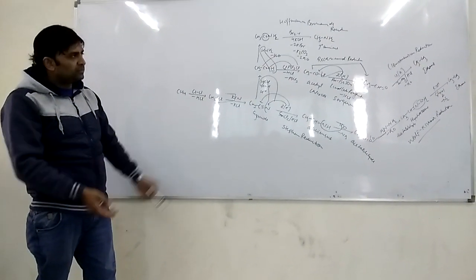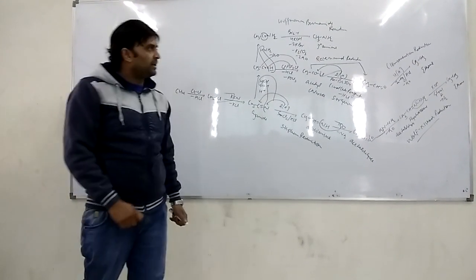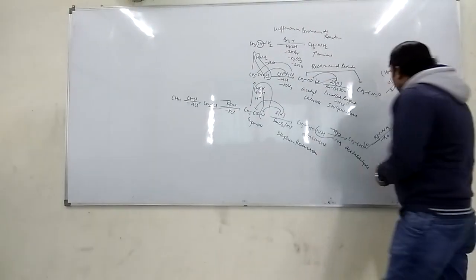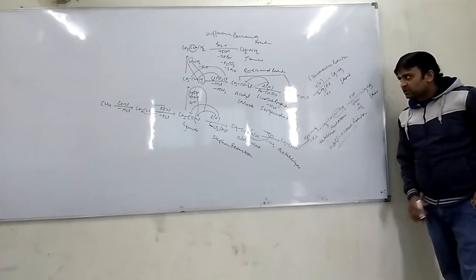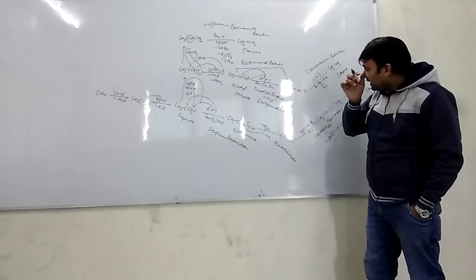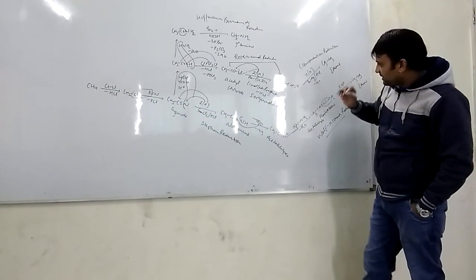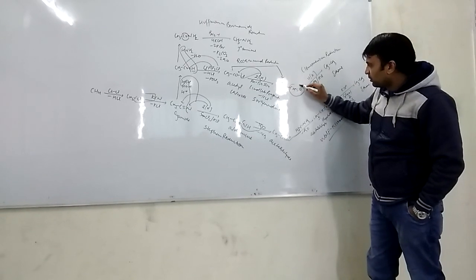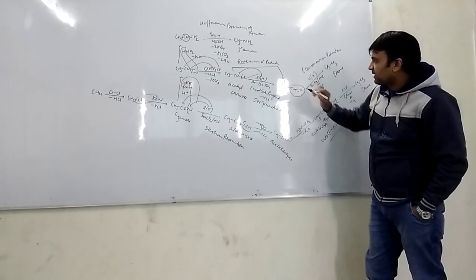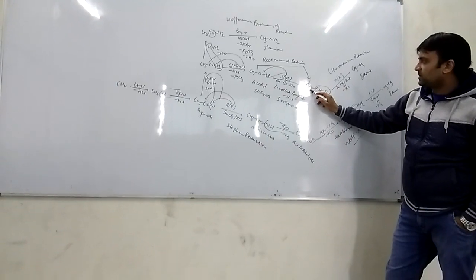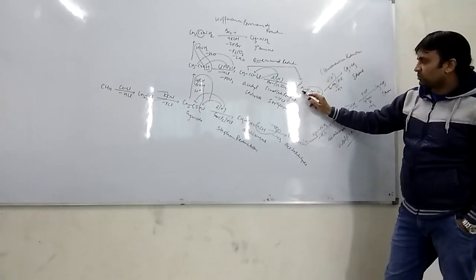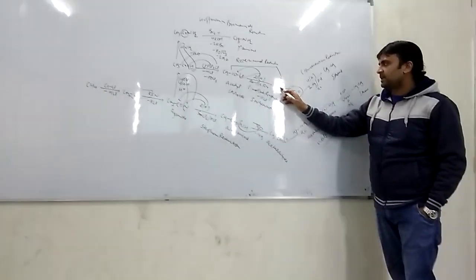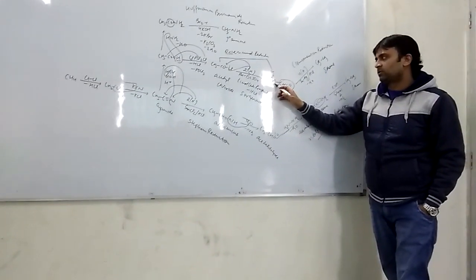Now we come to the next one, the most important reaction of organic chemistry. I am talking about the aldol condensation. The most important reaction of the aldehyde, ketone and carboxylic acid chapter. This is aldehyde, acetaldehyde. This is the functional group, aldehyde. This is the alpha carbon, and a hydrogen atom attached to the alpha carbon is called alpha hydrogen. How many alpha hydrogens are there? 3. This is the functional group, this is the alpha carbon, and these are 3 alpha hydrogens.